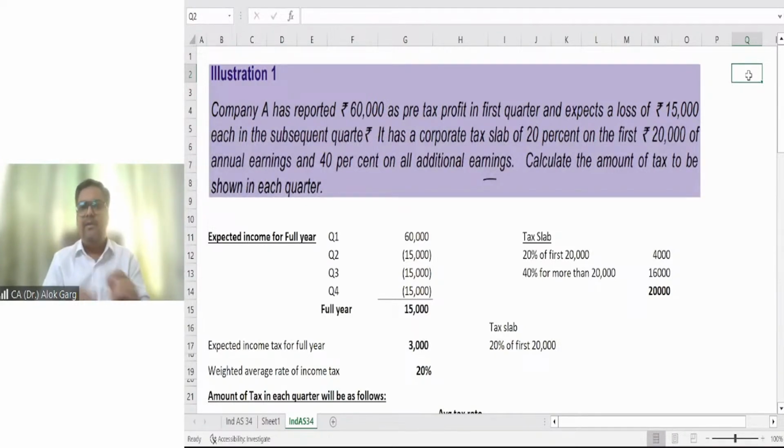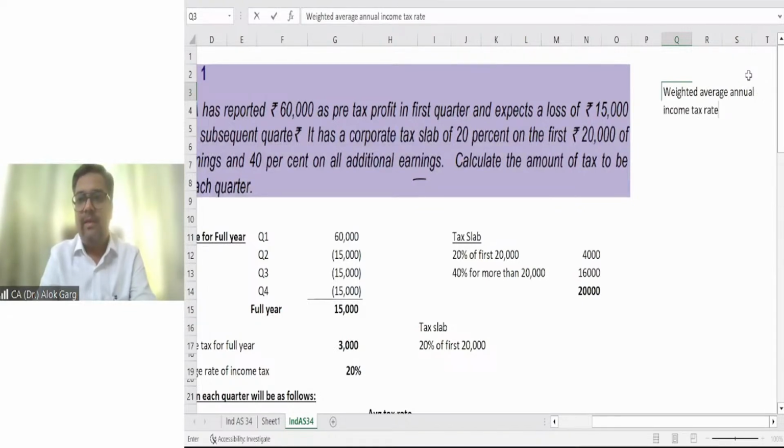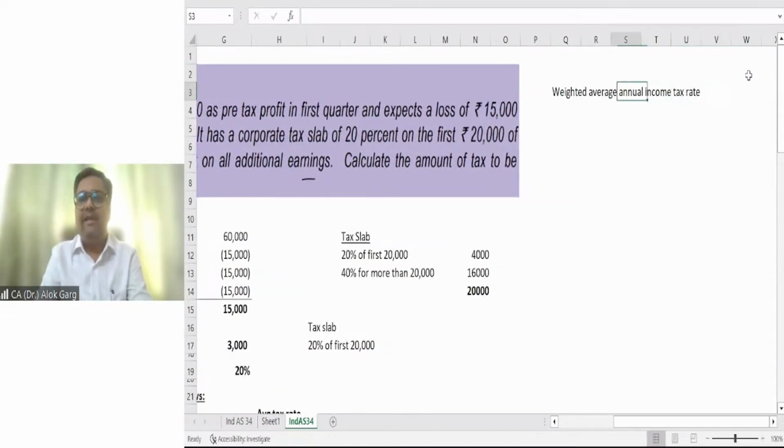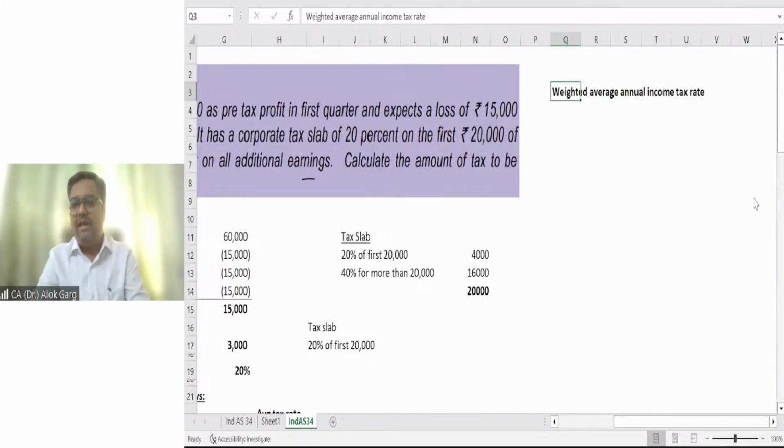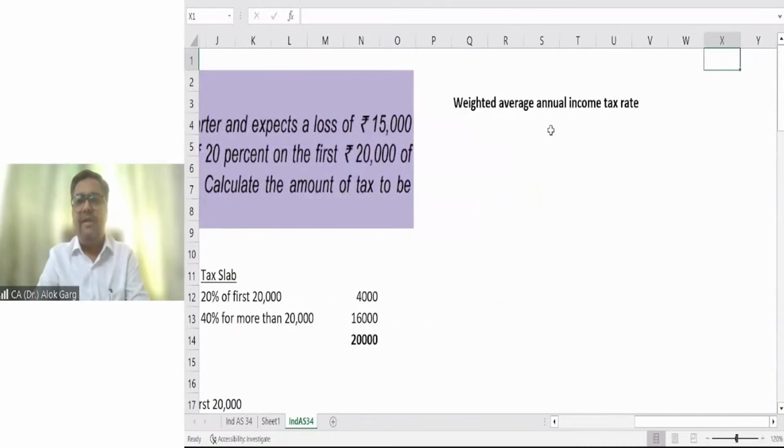Number one, the standard says that in the interim period, provision for tax has to be made on the basis of the annual weighted average annual income tax rate. And how to calculate the weighted average annual income tax rate? Can anyone tell me how to calculate it? So the weighted average annual income tax rate is equal to